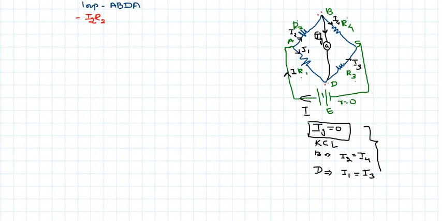Similarly, when I move from B to D, I am moving through the galvanometer of resistance G. We are taking that resistance as G and having a current of Ig. Therefore, again I can write the negative sign. Therefore, Ig into G, I can write it here. Thereafter, we are moving from D to A to complete the network.